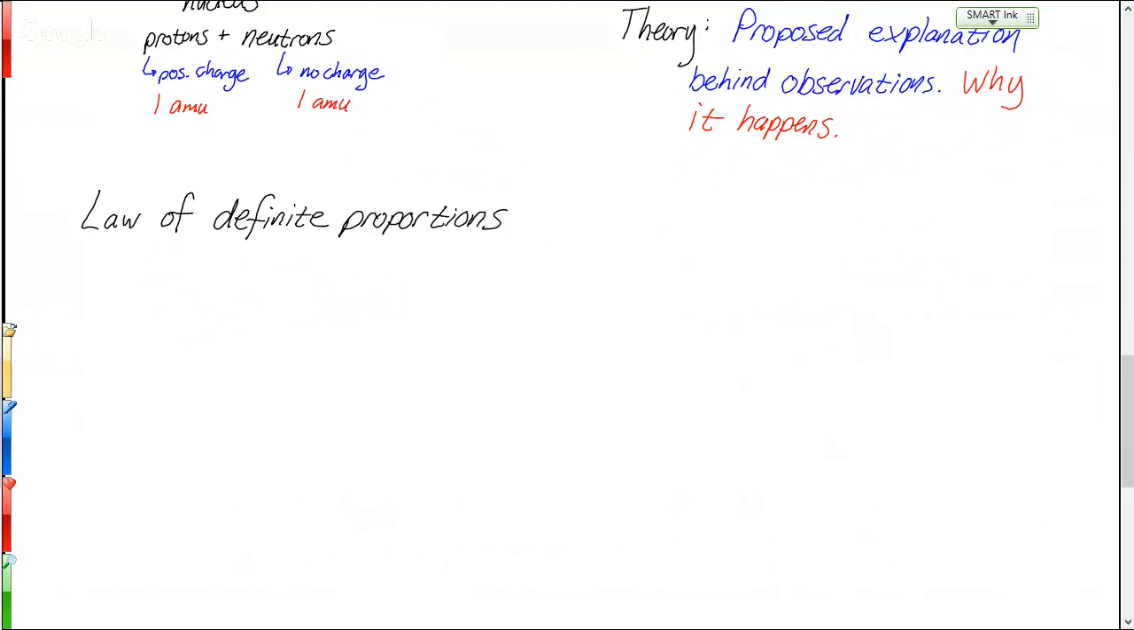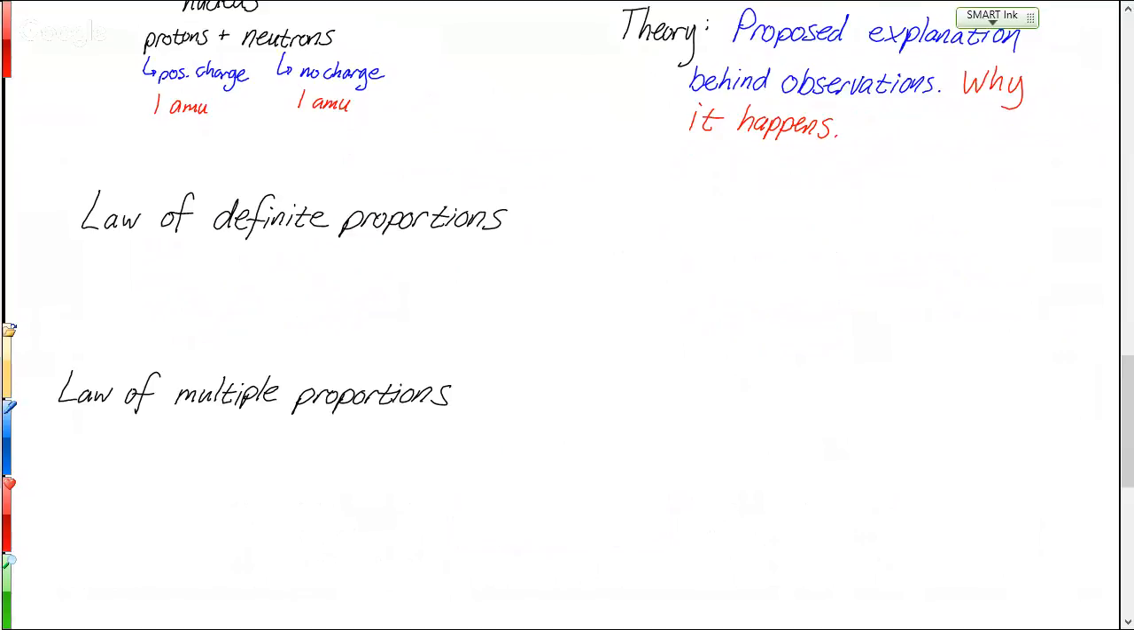So there were two laws that were described, again, just things that they kept seeing. And there was no explanation for it, just we keep seeing this effect. The law of definite proportions, and these led to the discovery of the atom. So what do these say? Law of definite proportions,